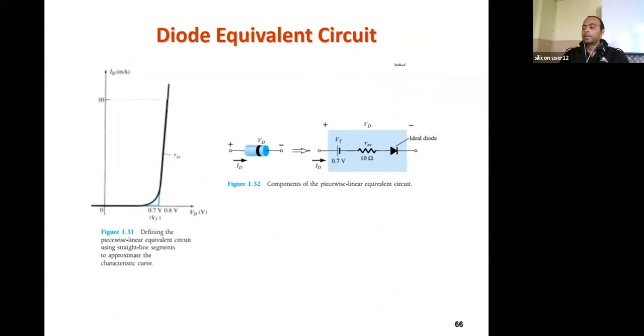Next one we'll see the diode equivalent circuit. This diode equivalent circuit is very important for our problem solving. Anytime a resistance or a diode is given, you have to think in terms of its equivalent circuit. First look at this curve, or the characteristic of this diode. What you are observing is that after 0.7 volt, this diode has started conducting. Yes or no? After 0.7 volt it is starting conducting, and whether the resistance of this diode is 0, or infinite, or a finite value?